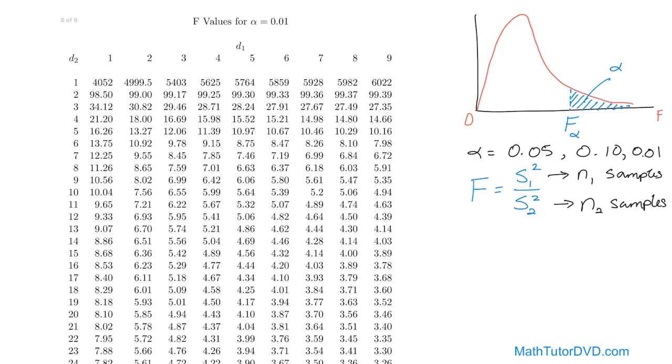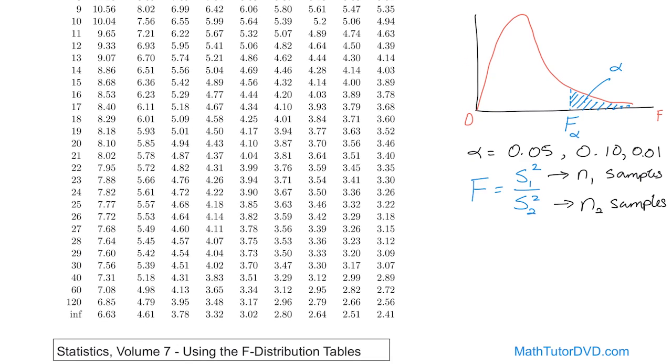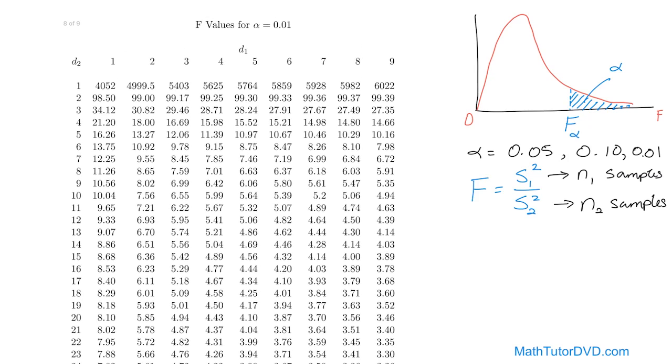So this tells you F values for alpha 0.01. Notice that it goes 1, 2, 3, 4, 5, 6, 7, 8, 9 along the top, and then it goes way down here, and I can drag the table up so you can see the bottom. It goes down really far. What you're looking at here is a table of values of F. You read values of F off the table. F sub alpha is what you're trying to read out of here. It's going to be one of these values. And notice that this is for alpha 0.01. So that means that every value you pull out of here is going to give you an area to the right, a level of significance, of 0.01. So if you were doing a problem with a